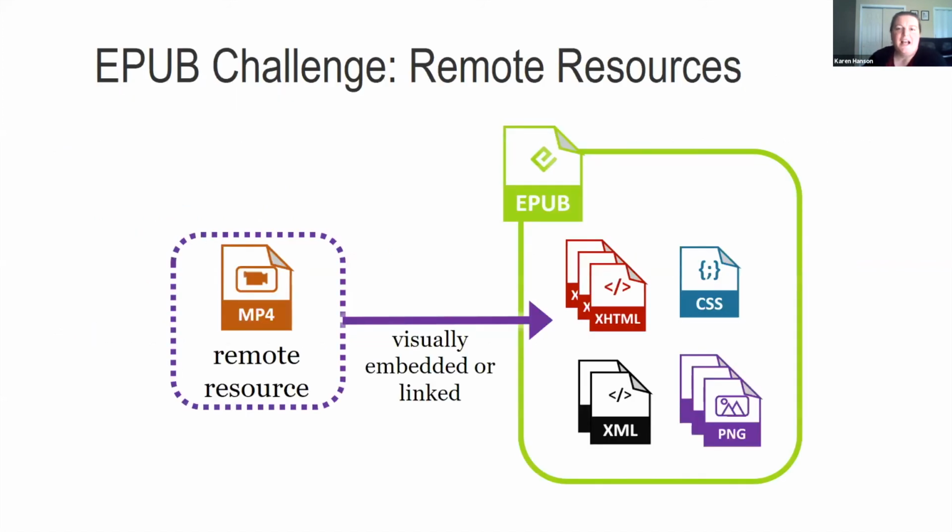So one specific challenge we looked at very early on was EPUBs that have remote multimedia resources that are visually embedded in the book. If you're not familiar with EPUBs, it stands for electronic publication, and it's a format used for ebooks. But if you open them up, they actually look a bit like a website inside, and they have a bunch of XHTML and XML, and this actually is helpful for us because we transform a lot of XML, so it makes them possible to transform using XSLT.